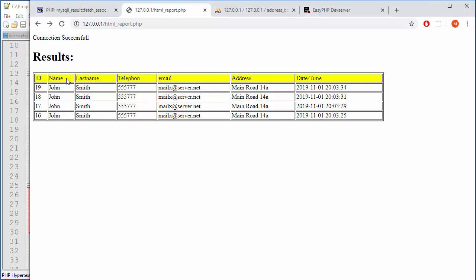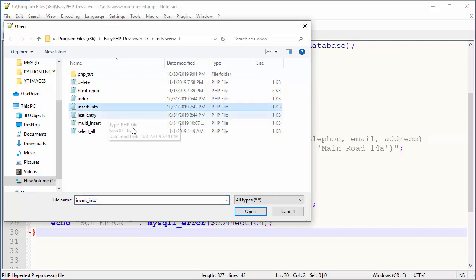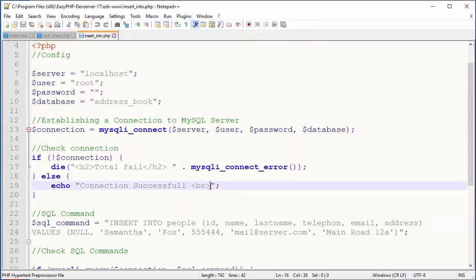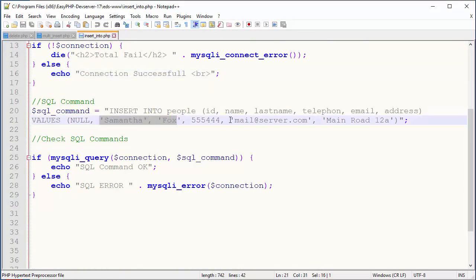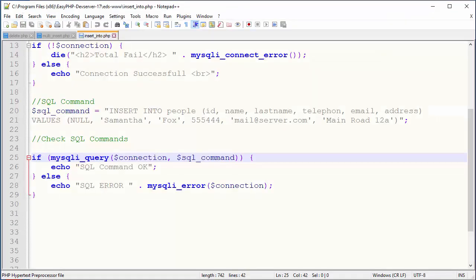For example, for John, we will change his telephone to something else, but this looks a little bit boring, so let me find that script of mine when I was inserting something else. Insert into, okay, Samantha Fox. Let's use her a couple of times to insert her into the database, basically. So what was it? Insert into